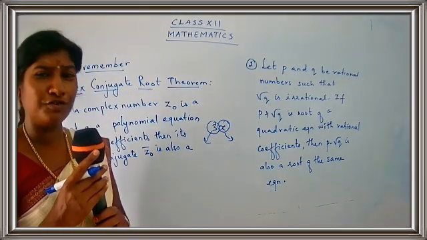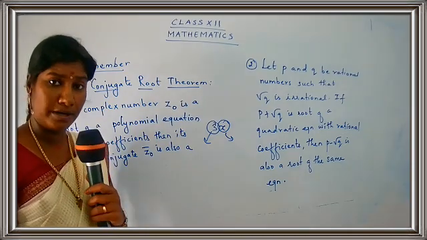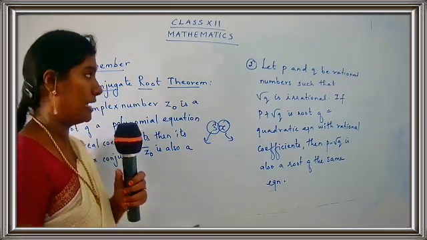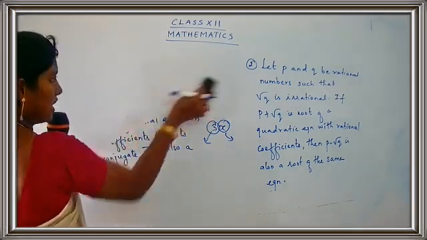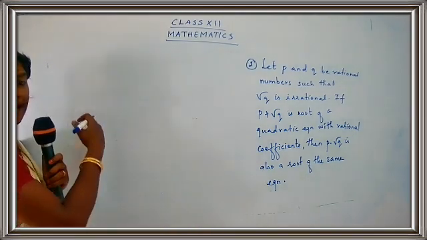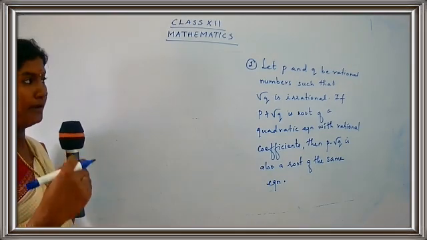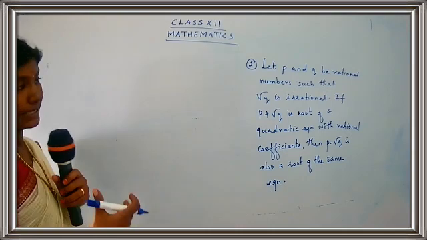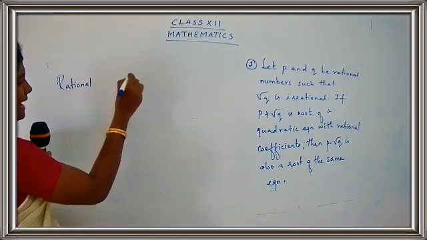You may have a confusion. What is this rational and irrational? Already we have seen this in our lower classes. Let us have a recap of what we have seen. No need to take down this point, children. You have written down point number 2. I'll just explain the difference between rational and irrational. You can make a note of it with your pencils, so that it will be useful to understand the concept. So here I'm going to talk about a rational number and an irrational number.